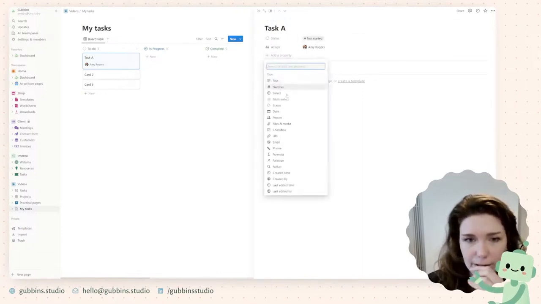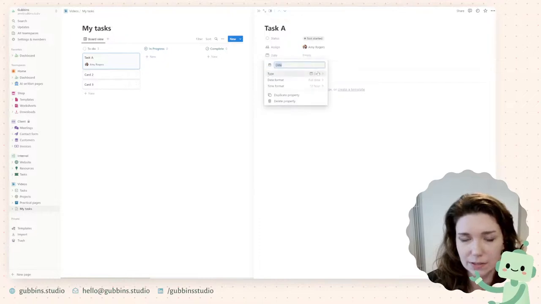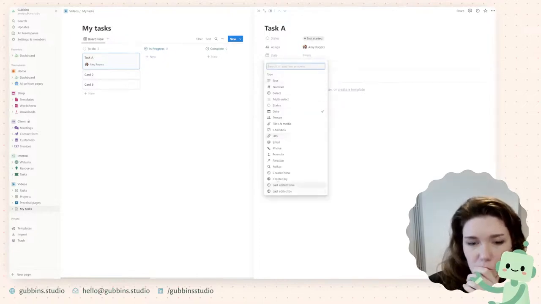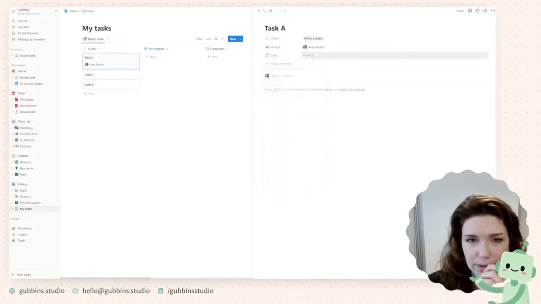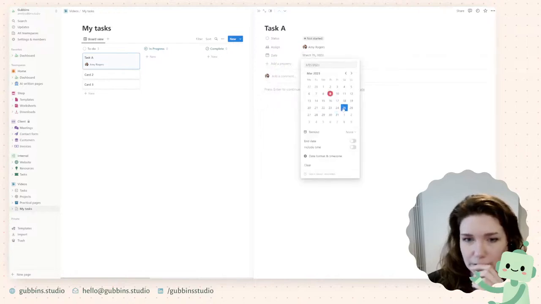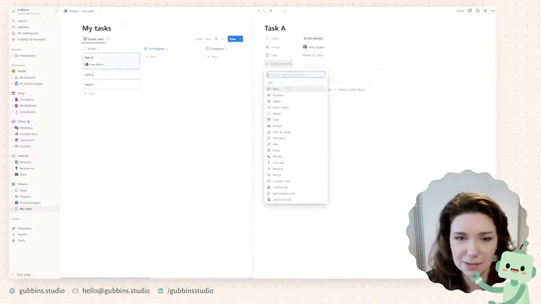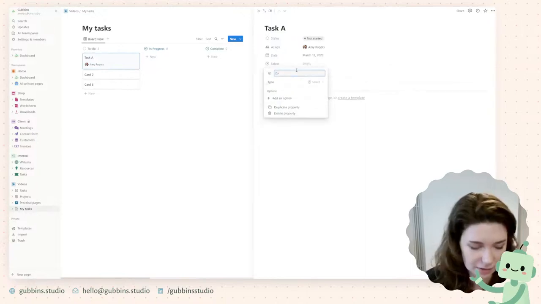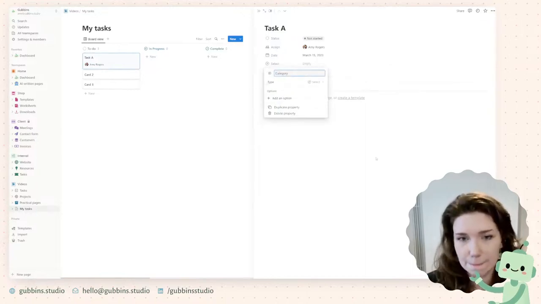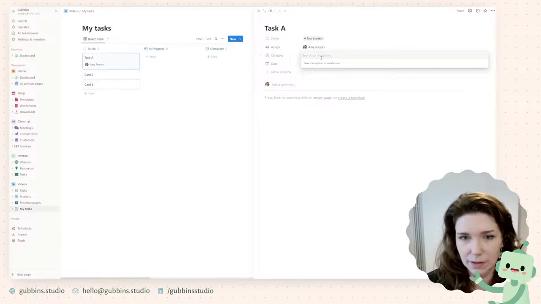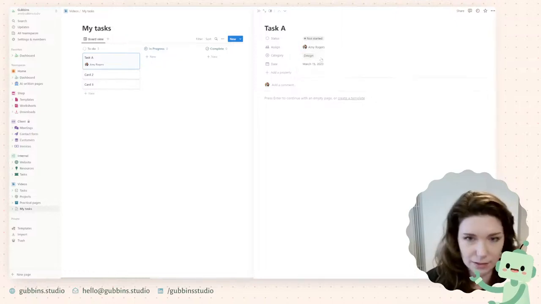Then add property if you had a due date. Within the next week, I won't make that mistake again. Then categories, I'm getting so scattered now. And then let's add design.